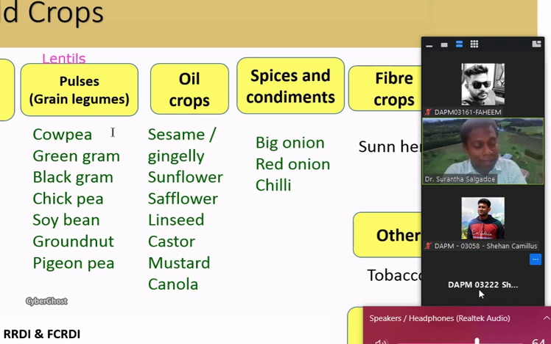Okay, I'm repeating that again. All pulses cannot be Fabaceae. For example, Leguminaceae. Yes, Leguminaceae. So most of the crops are Leguminaceae. That's good. Legumes. So grain legumes. Correct. Pulses, lentils are legumes. And then